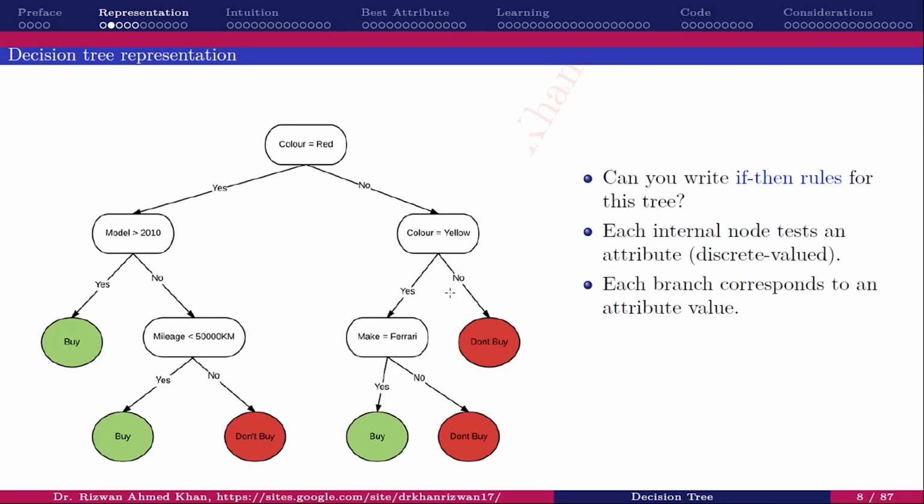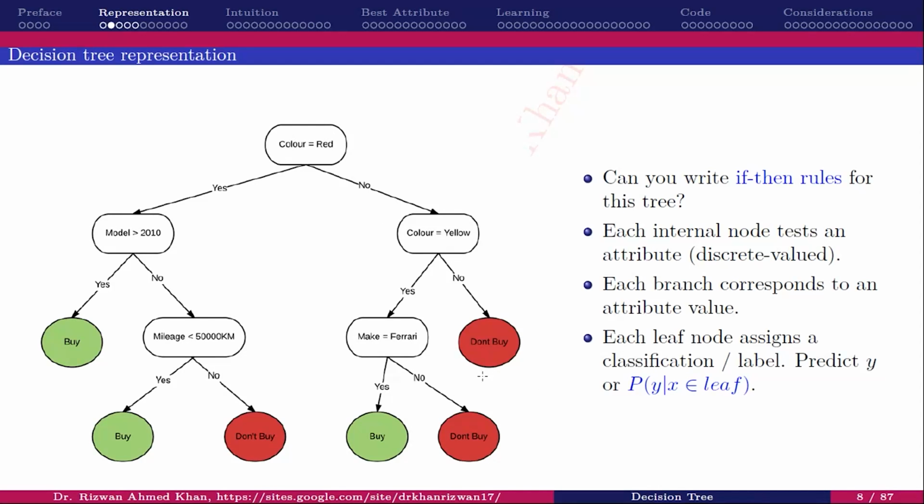And each branch corresponds to an attribute value. So this is a branch, and it corresponds to the value of an attribute. If a value is either true or false, like this is true and this is false, then based on the result, it goes either to the left or to the right. So this is like a branching, cutting through your data set. And each leaf node, these are called leaf nodes in a decision tree, which are at the bottom of the decision tree, and I have shown them in color. These are decision nodes, where a classification result is there.